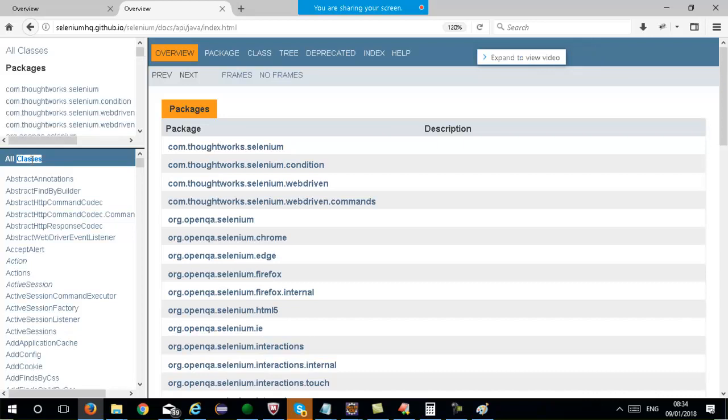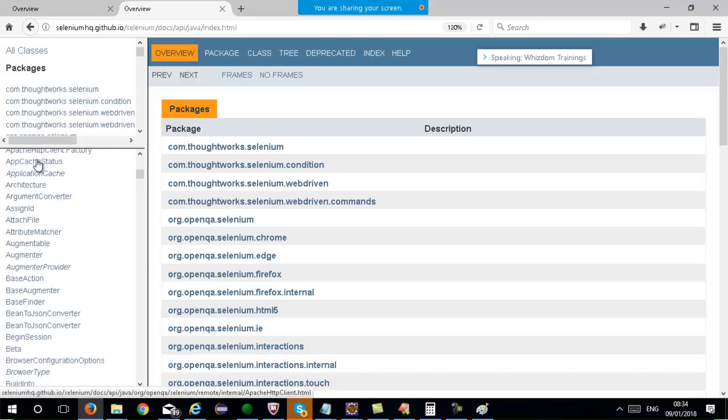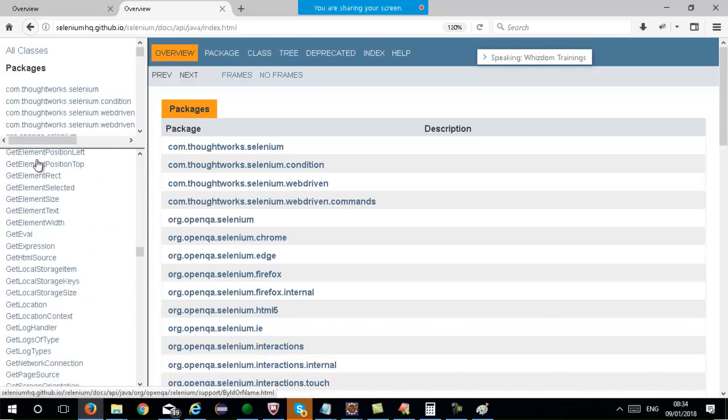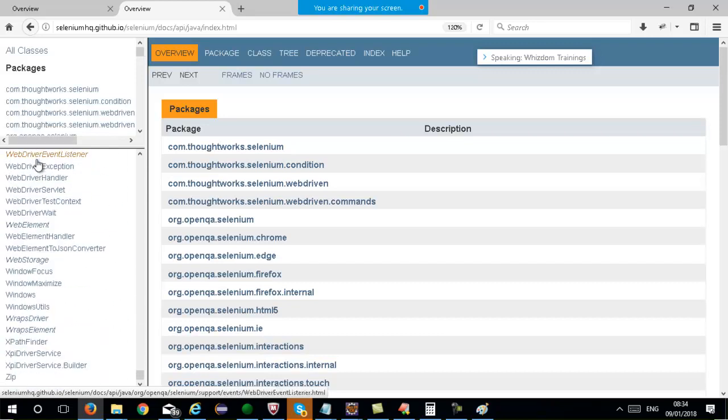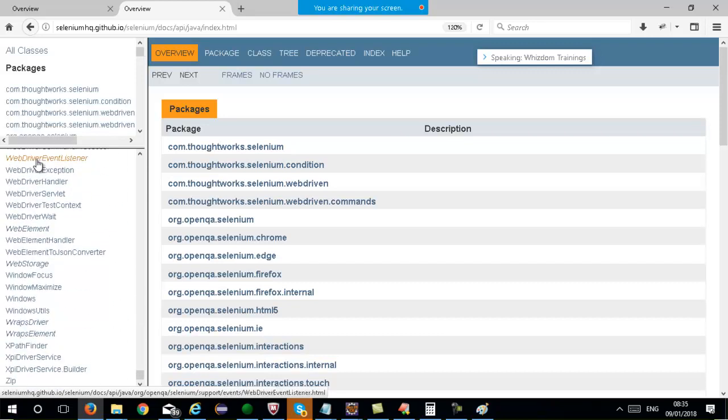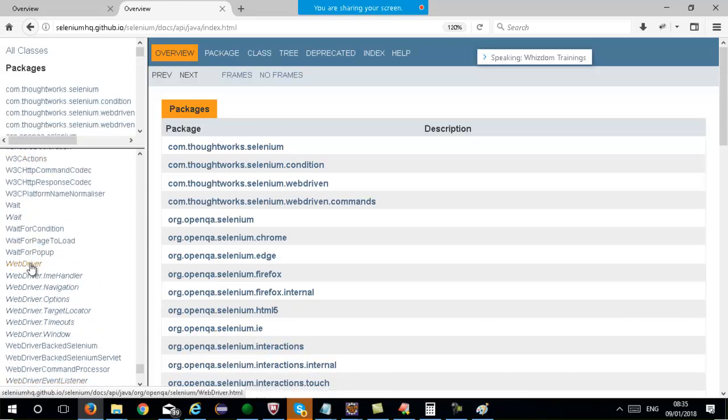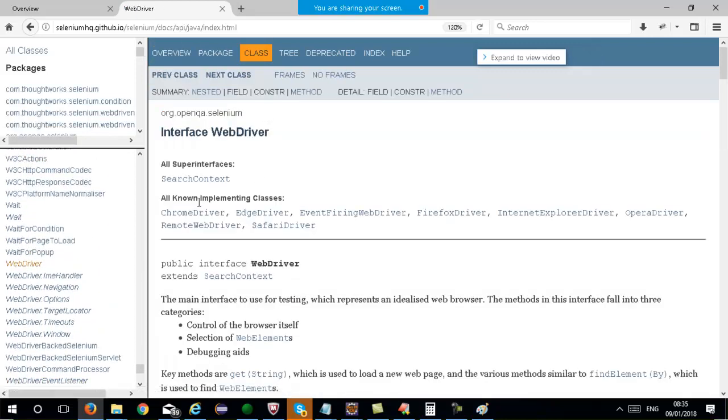You have to create the objects of these existing classes to work, but you don't have to remember all of them. It is not possible for anyone to remember all of them. Okay, I also don't remember. If you scroll down, you will see something known as WebDriver written over here, and over here you see